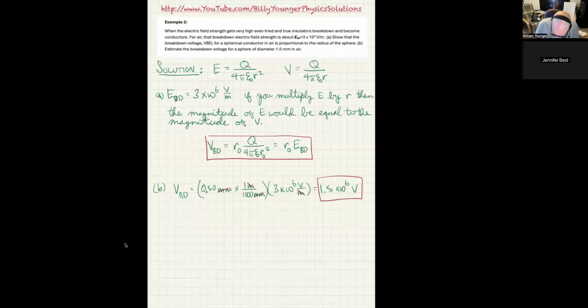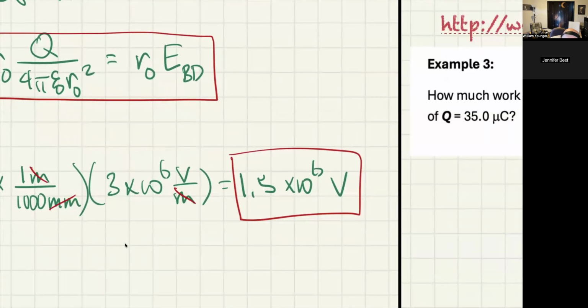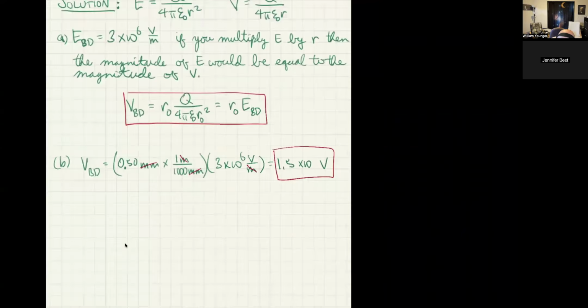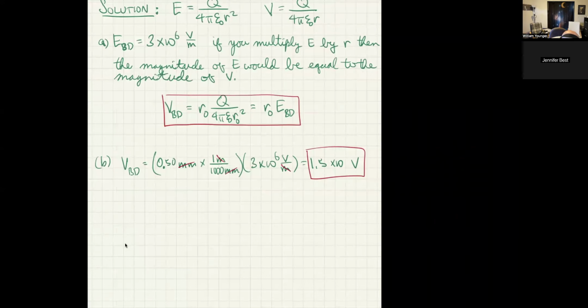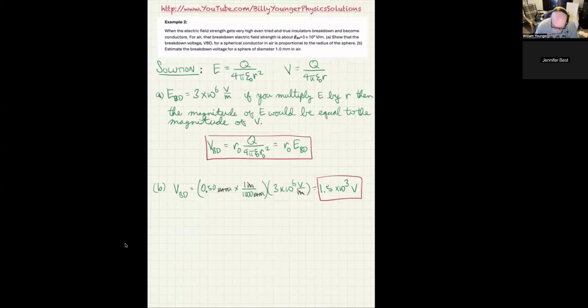Oops, sorry, I just realized something. Remember, I multiplied 0.5 by 3 times 10 to the negative 6. I might have forgotten the 1,000. That was a little bit why I was hemming and hawing, because I thought the voltage would be considerably smaller, and it should have been, but I didn't even notice it. So divided by 1,000, this actually became 1.5 times 10 to the third volts. Sorry about that. I just remembered it as I was moving to the next page.